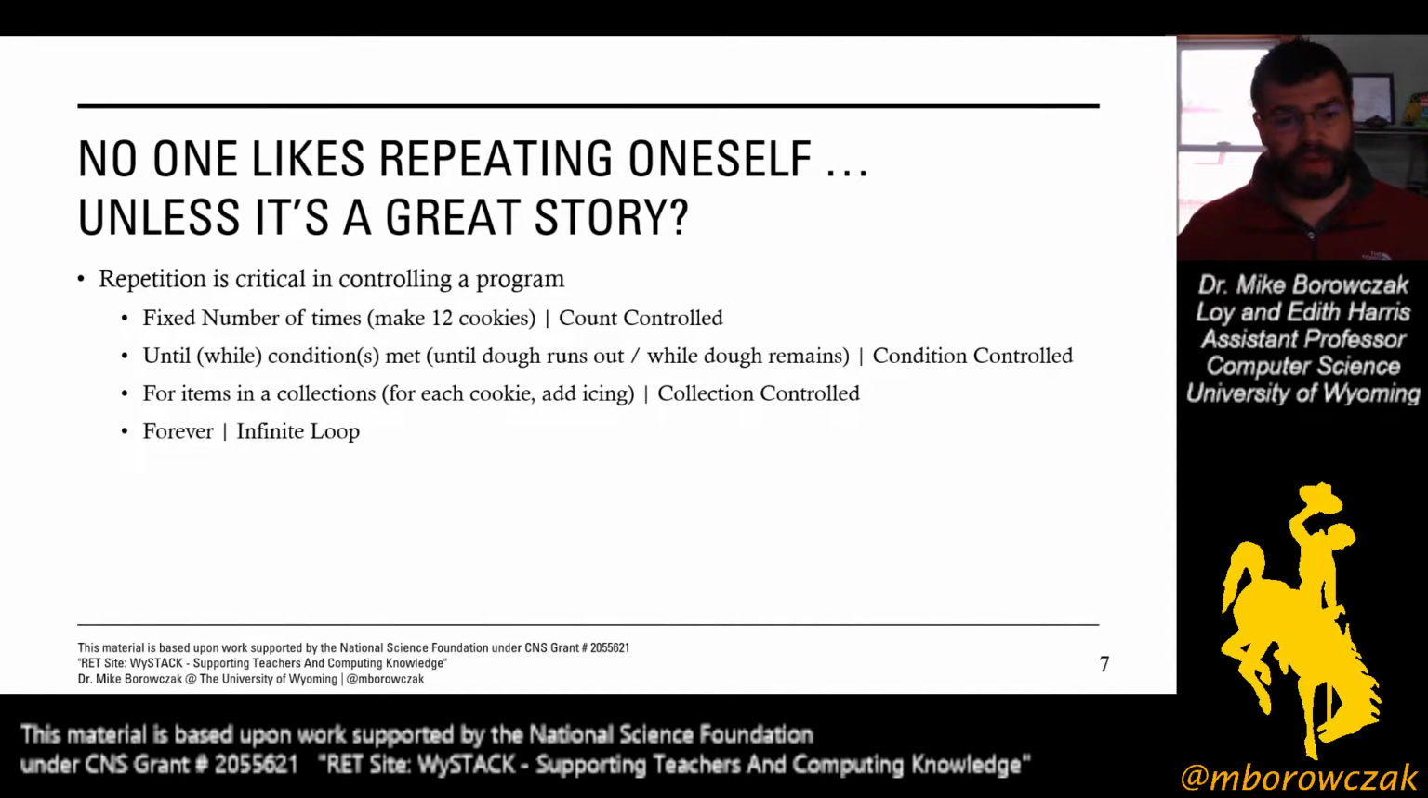So you imagine we've made these cookies. You could say, for each cookie, add icing. Right? So I've got a set of things. I want to do something to each one of those things in my set. That is collection controlled. I'll also mention that there is another special type of loop, and that is an infinite